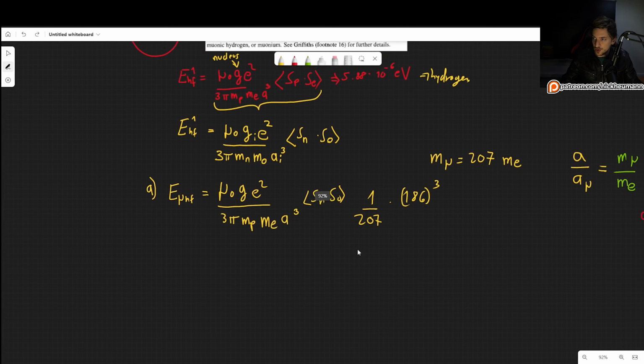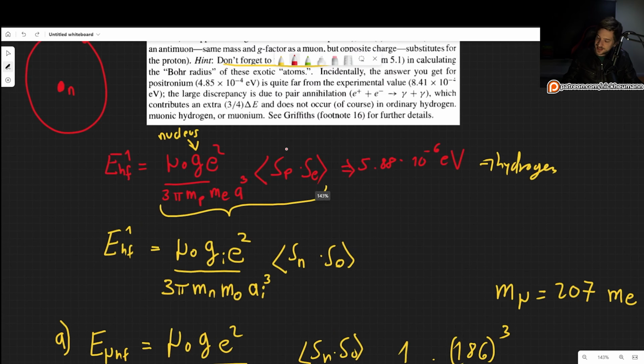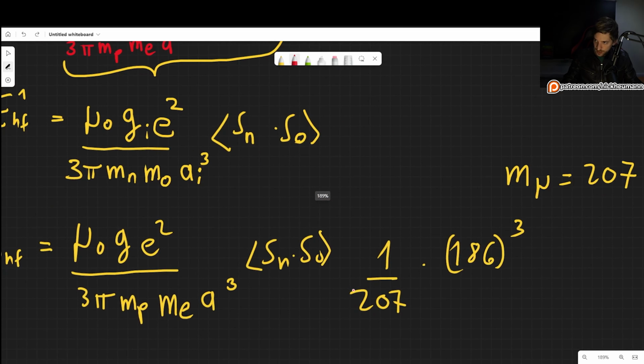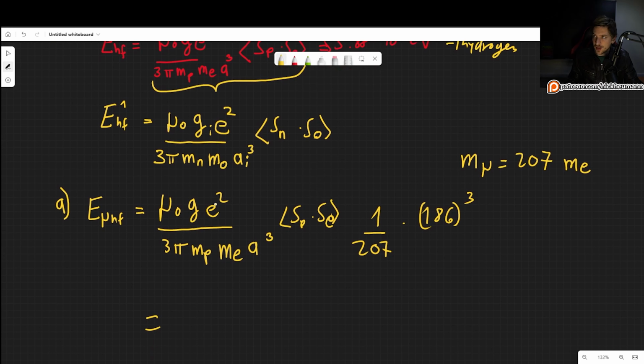And there we go, look at this. So now we know what this is. This right there is simply the exact same as before, again because all our particles have the same spin. So we may as well write this as sp.se just as before, and we end up with this thing being